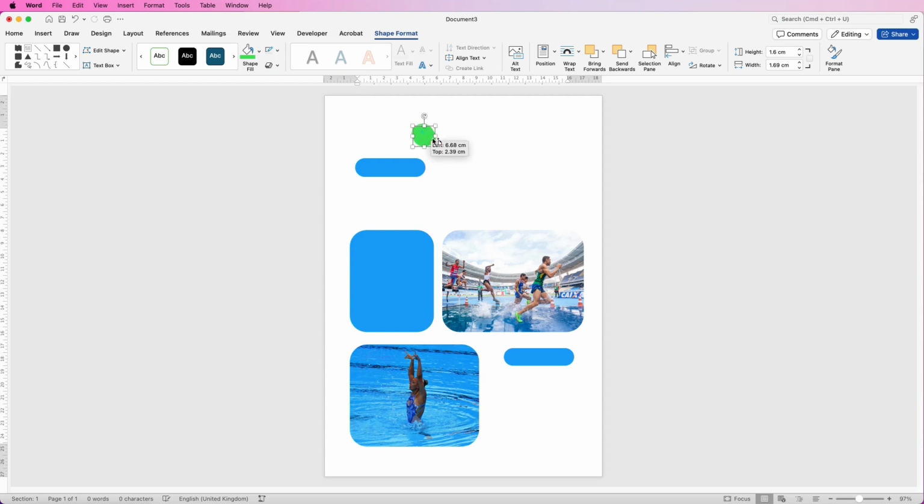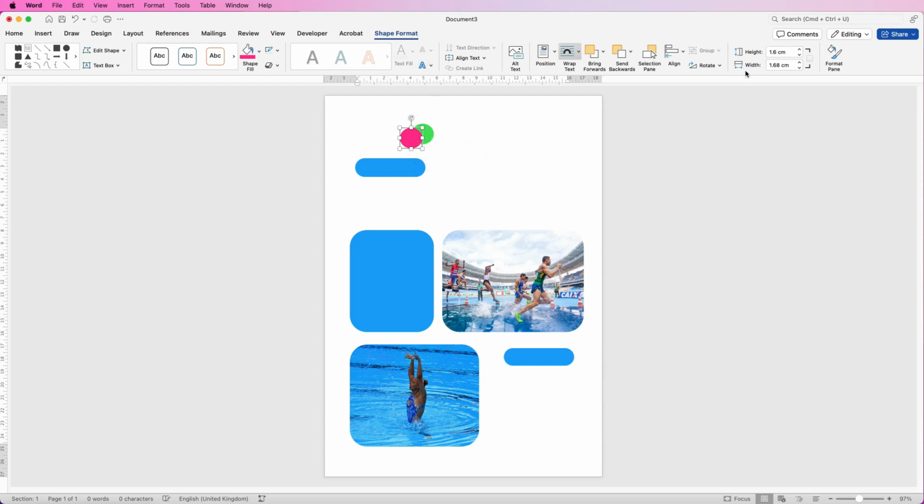I'm going to duplicate this circle, and then my final colour I haven't actually picked from these two images. There is a rough pink in this man's shorts here, so I've actually just selected this pink here to go with my design. So I'm going to put these next to each other, but for this one,